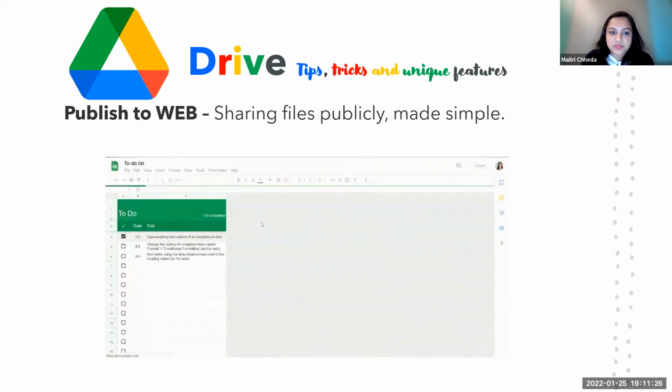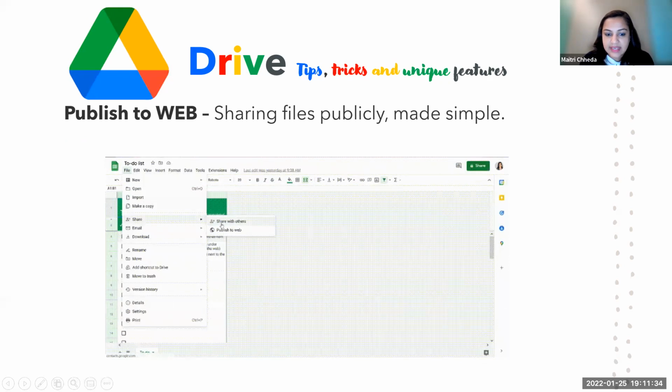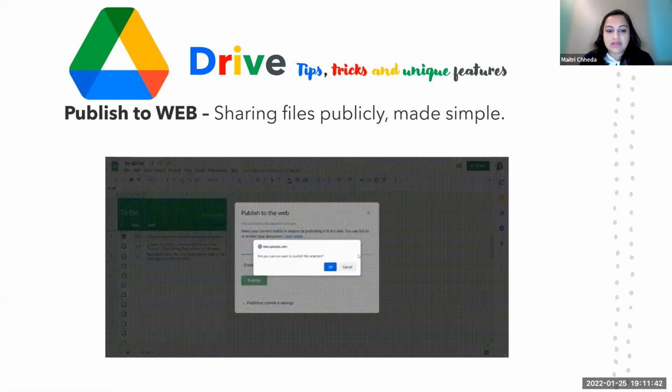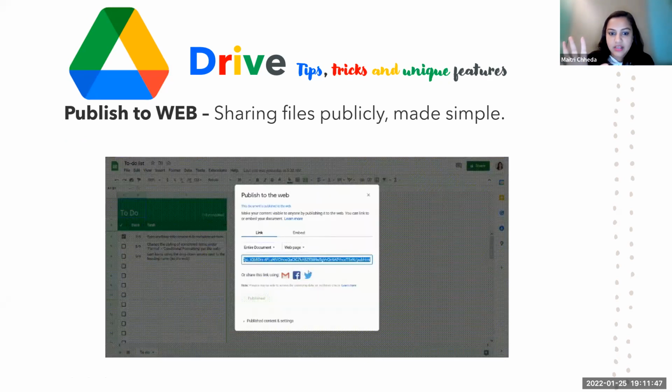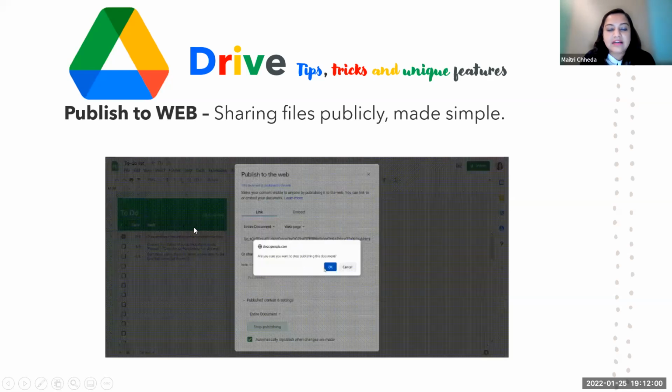Now there is this very unique option over here, which is publish to web. Any of your files, I mean, Google Docs, Google Sheet, anything, you can publish to web. Now these would be helpful, in case you want to share a link with your client, showing your available timings or maybe due dates, where you simply have to broadcast and show them a particular feature. They don't need to edit. All you need to do is click on file, share. This animation will come to it again, but just click on share and publish to web, and it'll give you a link. It'll give a small link.